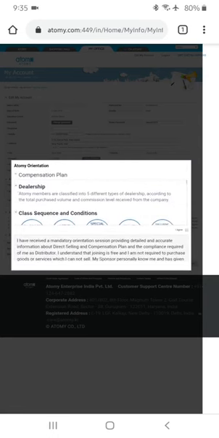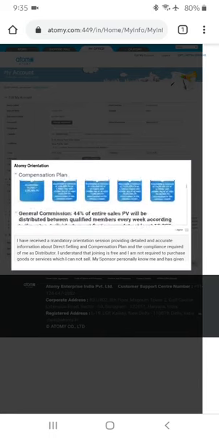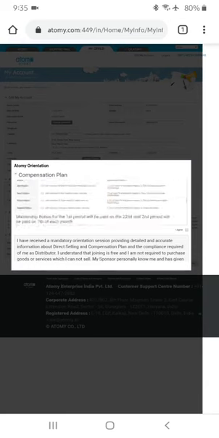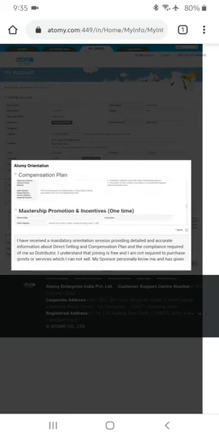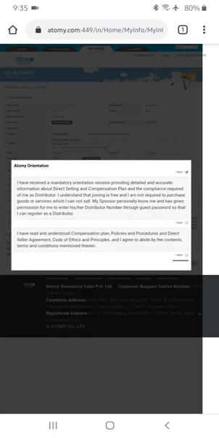After that there is an important section called the compensation plan. I request everybody to go to it one more time, read thoroughly, and then you may give your consent by clicking the I agree button. After that there are 2 boxes.